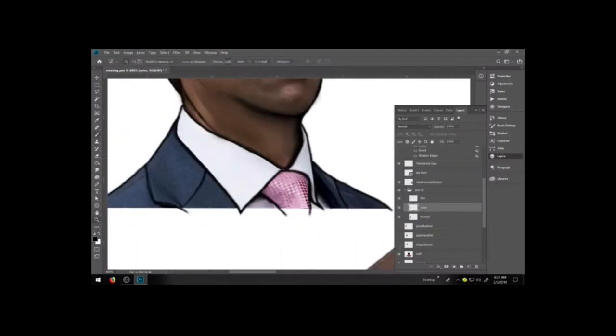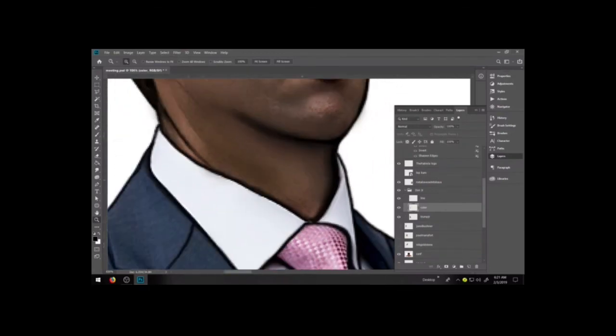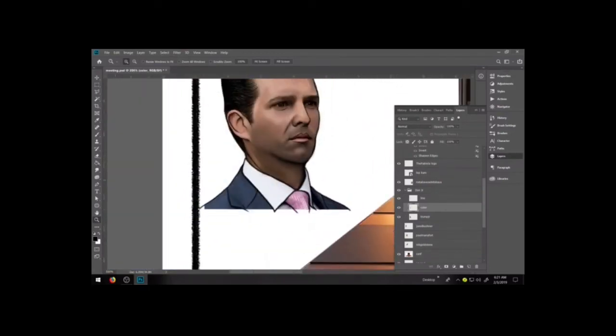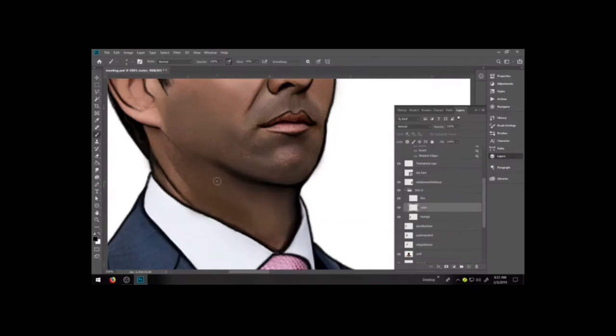Alright, so as you can see, we can still see the gruff under the face, and we don't want that to show. We don't want the stubs of his hair actually showing for this, because then it will look like we just traced on top of the picture. And we have, but we don't want it to look that way. So there's a few ways I like to trick, and I'm going to share them with you here. So I'm going to zoom in. We're going to go about 9. Yeah, so we have our brush at 9, our softness is still at 0. We're going to come in a little bit closer,